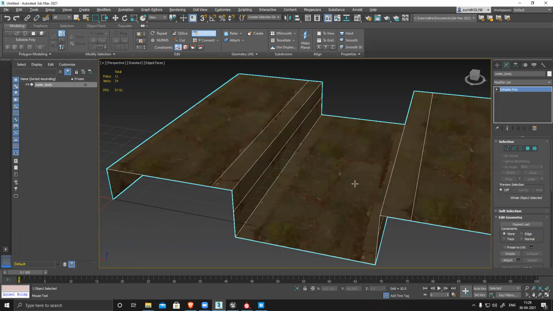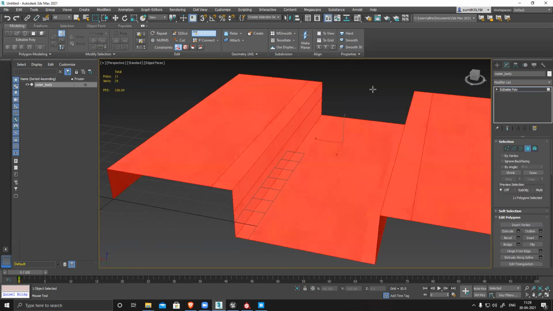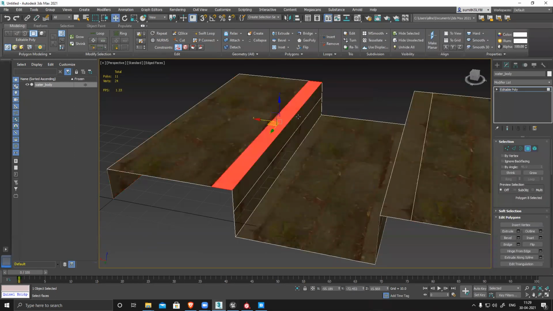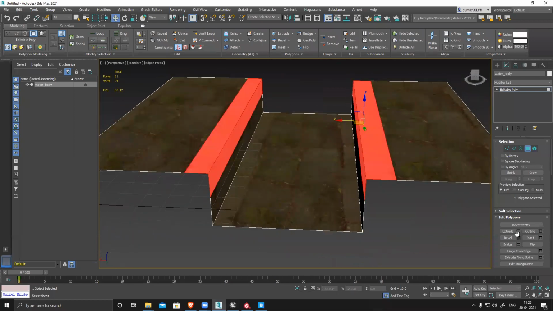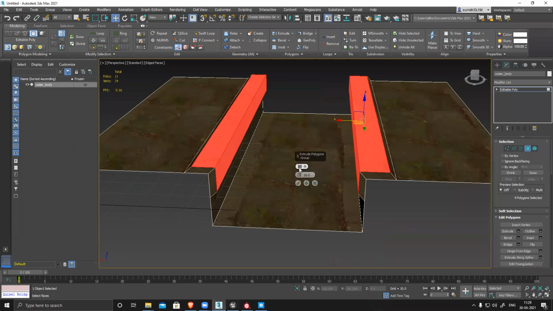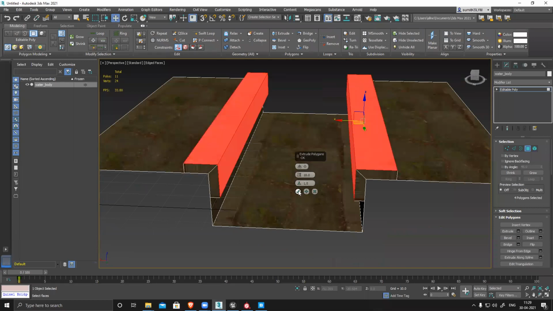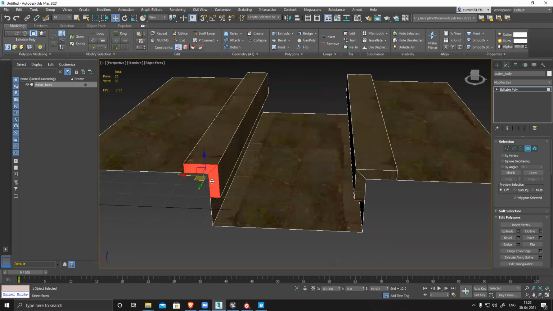Let's have selected this and now go to this mode. To normal direction. Okay. Leave this face. This one.